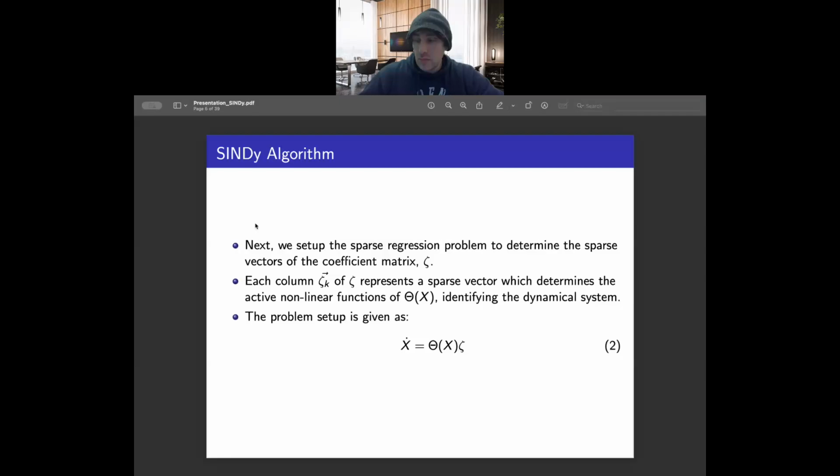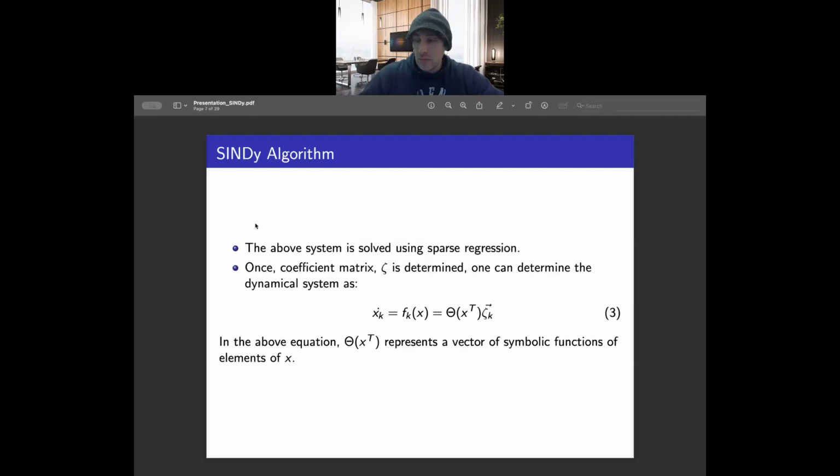So this is where we have the sparse regression part. The matrix of these coefficient vectors is what we select for choosing these nonlinear functions. So from data, we are now moving to this regression problem. The regression problem takes these nonlinear functions and these coefficients, and chooses which nonlinear functions I need to represent this nonlinear dynamical system. So from here, we now solve this sparse regression.